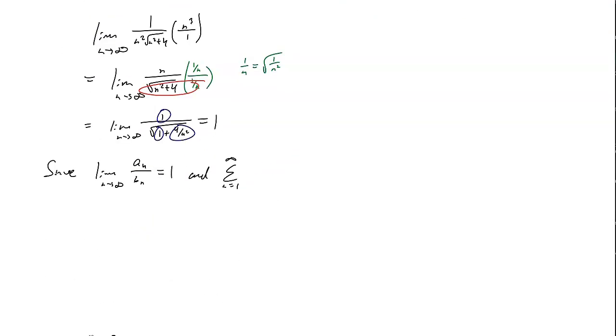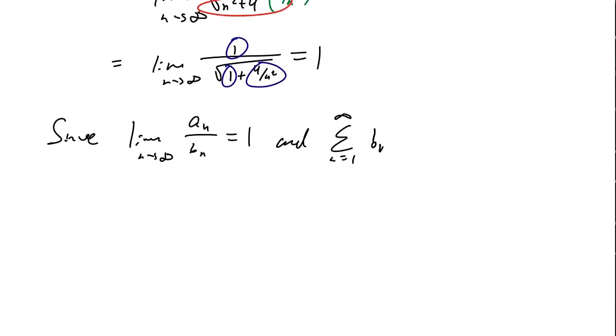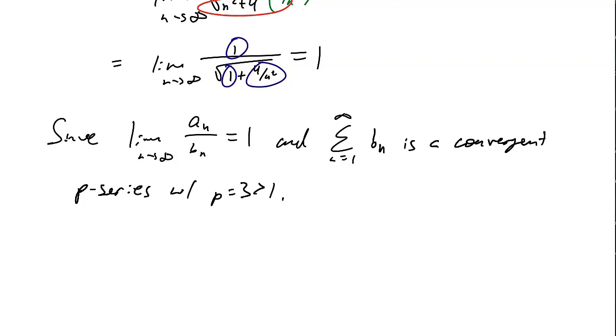Yeah, p was 3. b sub n is a convergent p-series with p equals 3, which is greater than 1. The one that I care about, a sub n, converges by the limit comparison